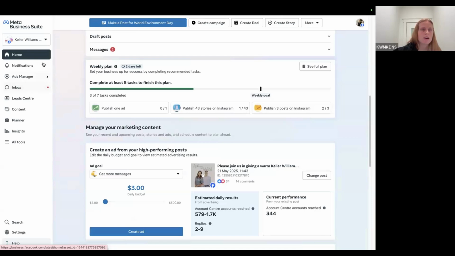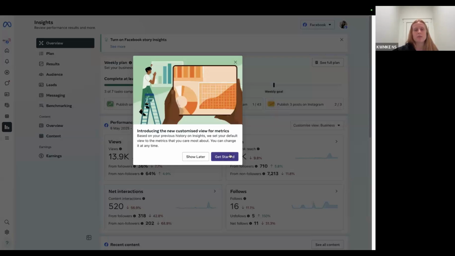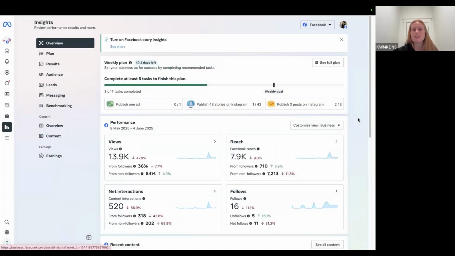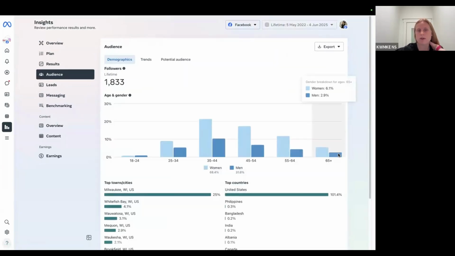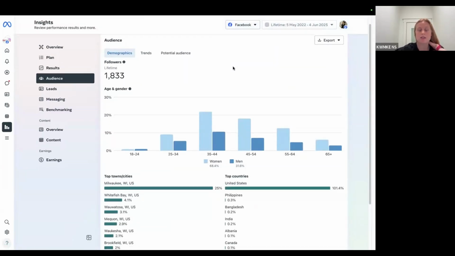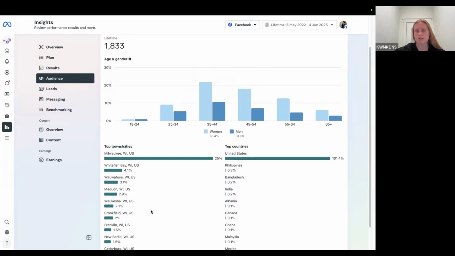I'm going to touch a little bit on our insights tool, which is really nice. They're customized to you and based off of the activity that you get on your Facebook and Instagram. So it's pretty straightforward. These are your views and your reach, and it has graphs. And if you wanted to really focus in on your followers, you can get really, really nitty-gritty into the data. I personally love to know, oh, these are your demographics. So if you wanted to focus on a specific area, how could you increase that?